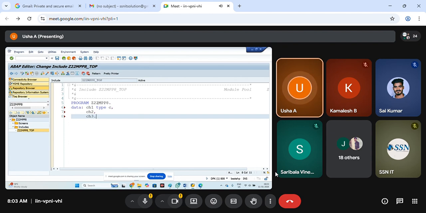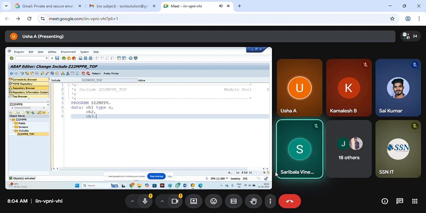If I'm not referring to anything, it will be by default type C. Clear? We have the data types. If I'm referring type I, type C like that, then it will be taken like that. But if I'm not giving any type keyword, just the variable name with DATA, then it will take by default one character, type C. Clear?